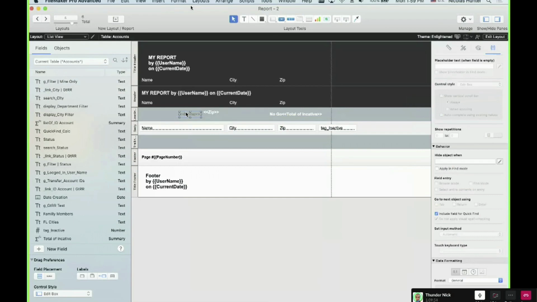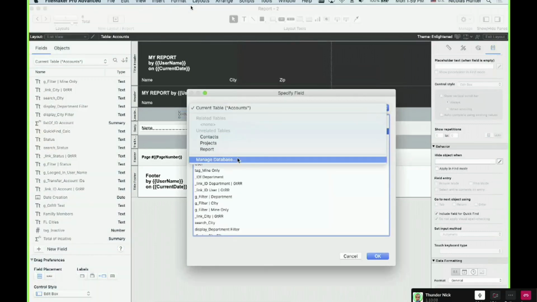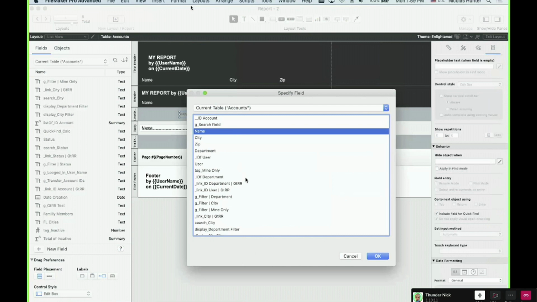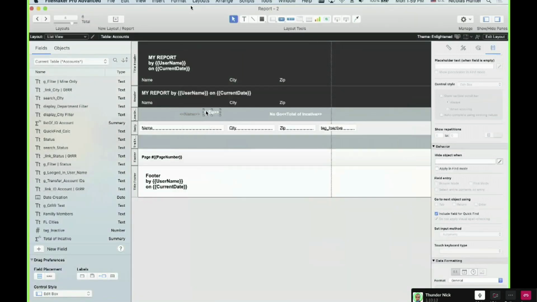So that's a good trick, because sometimes you need to get a merge field from a two-level relationship down, and you need to go find the relation and stuff like that.